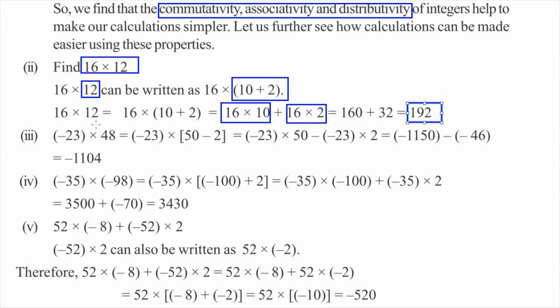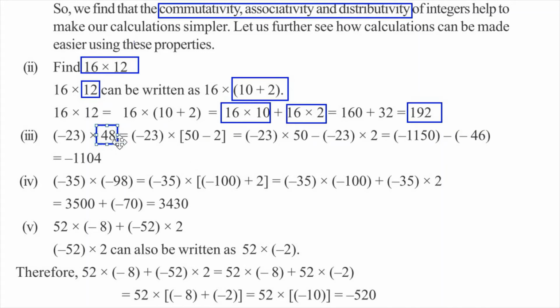But what about the cases like this where it is not possible for us to get it to 10? We can get it to any nearest number with a 0 in its units place. That is any number that is a product of 10: 10, 20, 30, 40, 50 and so on. Because when we have a 0 in units place, it is easier to do the calculation.